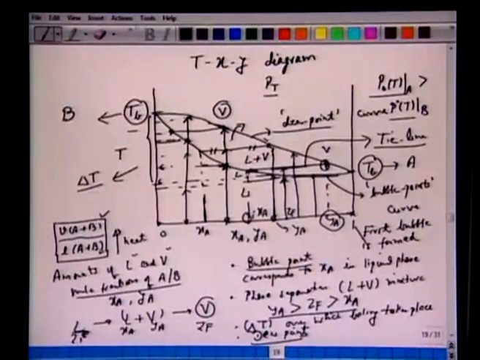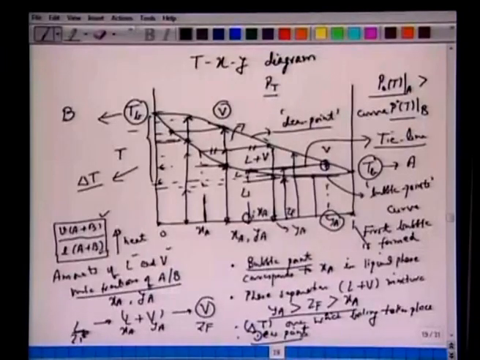Okay, the same experiment one can also do starting with a vapor. Here we start with a liquid in a closed container, fix the pressure, composition is 40% A, 60% B, and heat it. So the temperature is raised from room temperature, for example 30 degrees centigrade, to 80 degrees centigrade. When the temperature reaches 80 degrees centigrade, one can physically observe that the liquid has started boiling or is just about to boil. That point is your dew point, and this dew point will depend upon what is your mixture